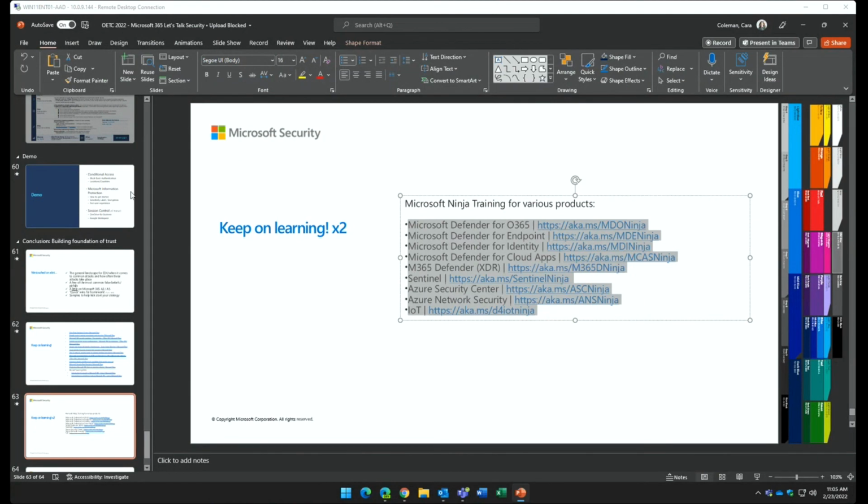Looks like a question just came in from Pat. Interested to know the difference between Defender Endpoint Protection, Plan 1 and Plan 2. Great question. So Defender for Endpoint Plan 1, it's giving you, first off, cross-platform. It comes with your A3 licenses. It works on Windows, Mac. It works on iOS and Android.